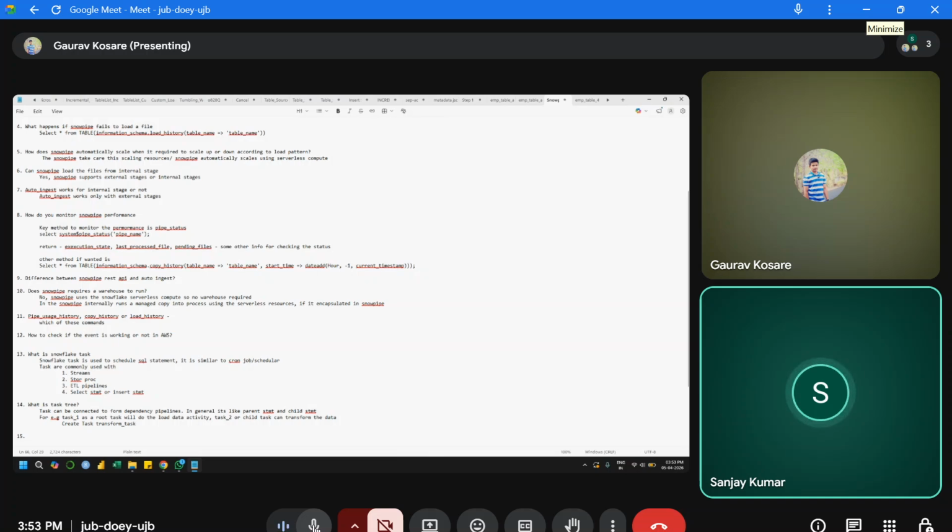Then after, because we are targeting serverless, we will not pass a warehouse name. After, suppose one of the parent tasks is load task, so you say load underscore task as,